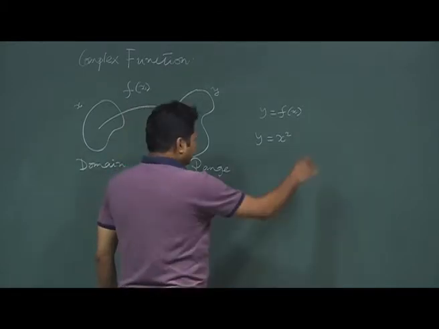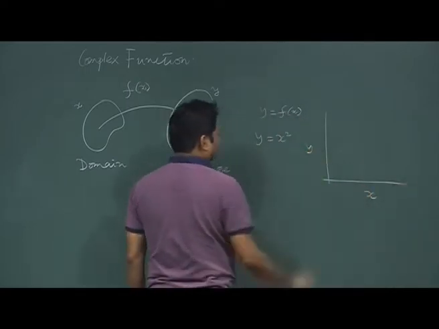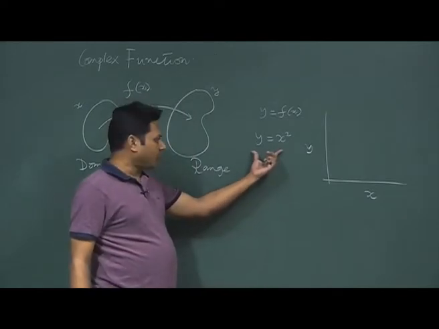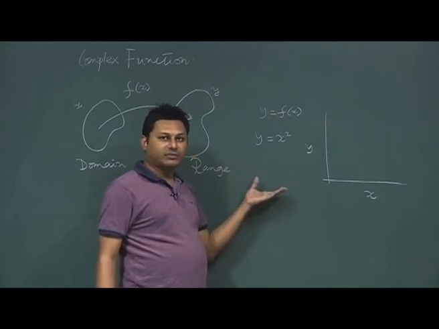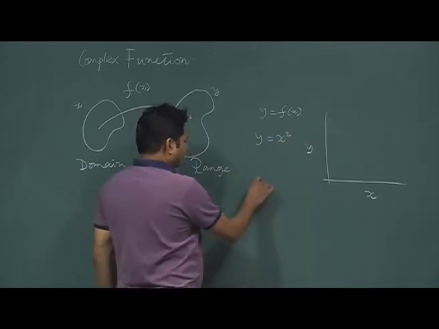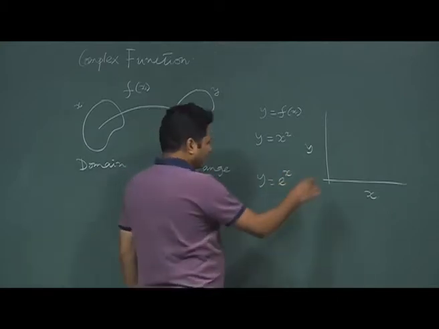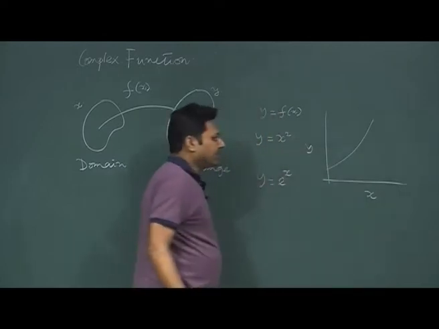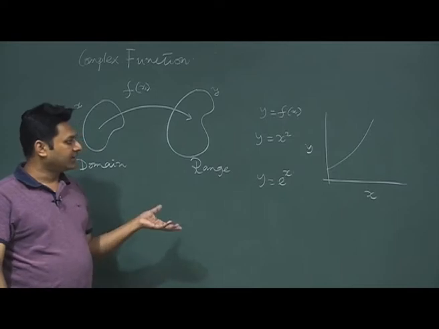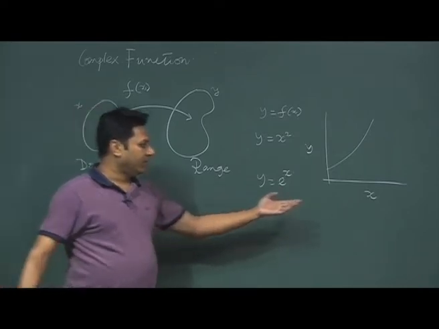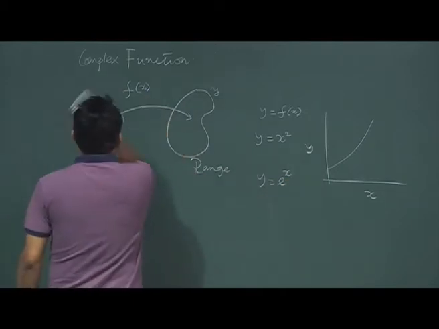For every x I can plot y here. This is the rule. So, if I plot, I will have a parabola. No problem with that. If I have a different kind of function, I will have a different plot. If I have y equal to e to the power x, I should have a different kind of function, and if I plot it, it will be something like this, and so on. So the point is that in the real case I can always plot one variable with respect to the other. But what happens in the case of